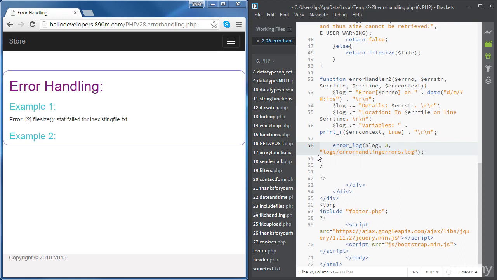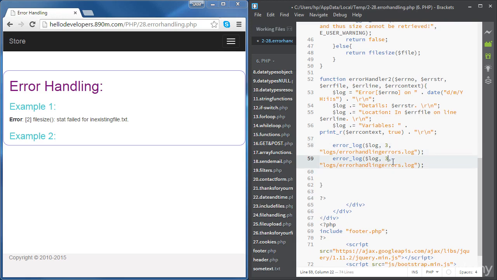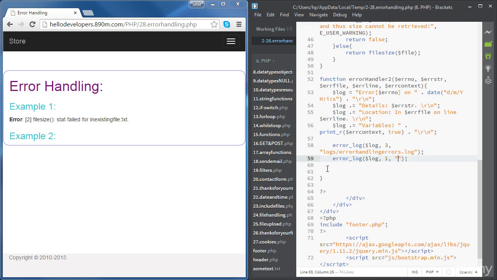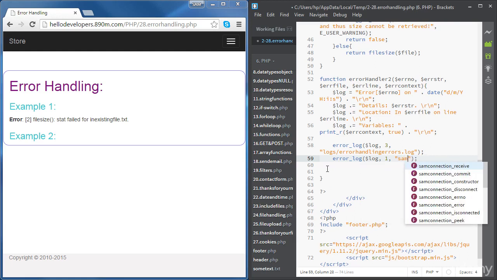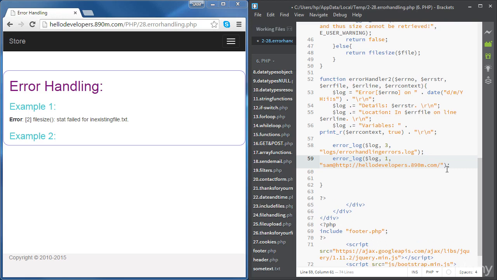Okay, so we want to send the log to this file, and also we want to send an email as well. So let's try that as well. We're going to use the same function, but this time we are going to use message type 1 for email, and then we're going to write the email address we'd like to send the error to. And we're going to send it to some at